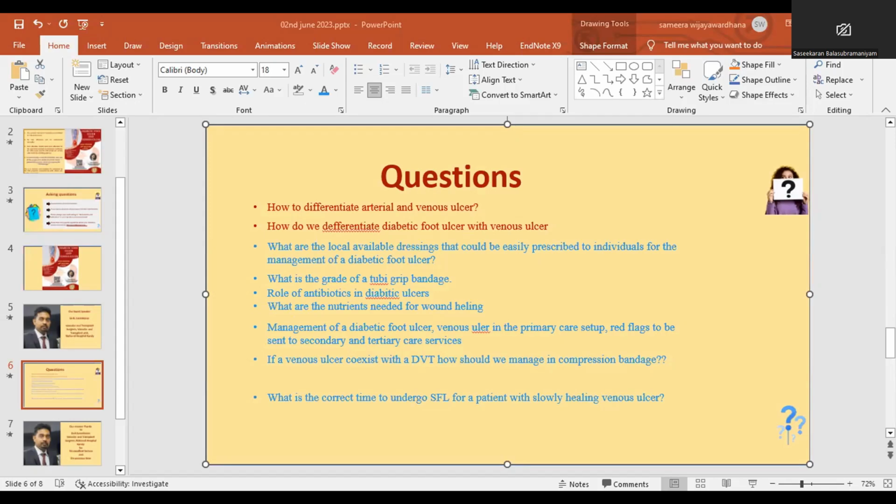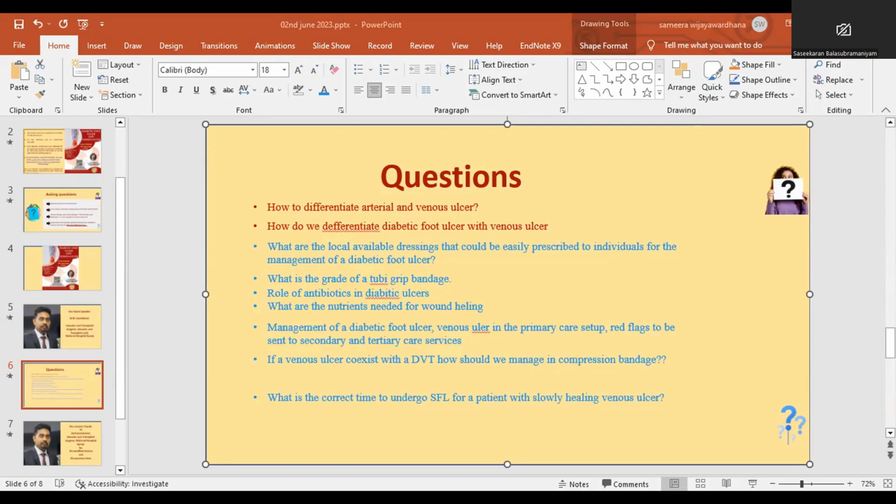Like I already told you, if the wound is probing, and you can probe to the bone, then you have to think about long-term antibiotic. In that case, you have to explain to the patient. Patients usually stop antibiotic after a week, but if we are managing without removing the osteomyelitic part, they should be on long-term antibiotic. I am not going to label the antibiotic name, but they should be on long-term antibiotic.